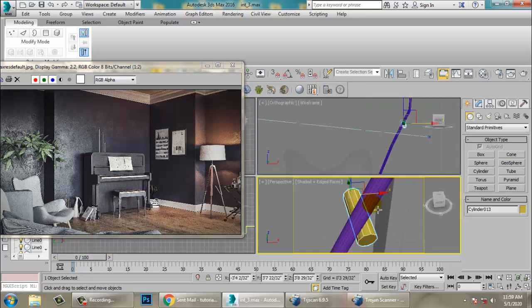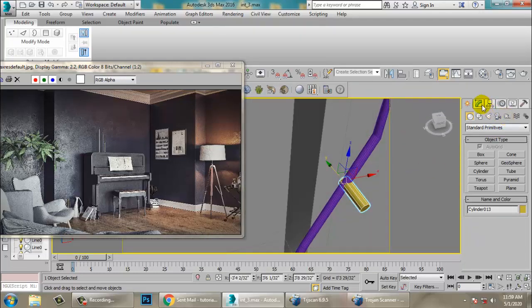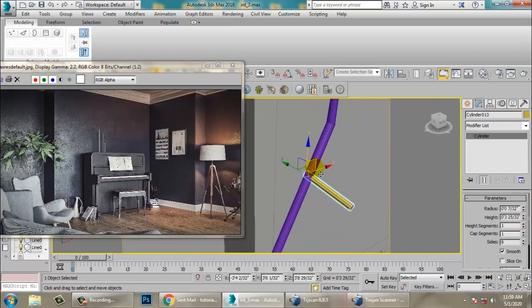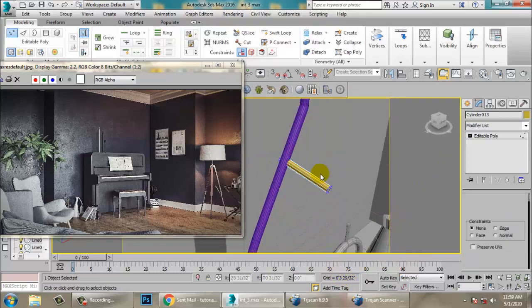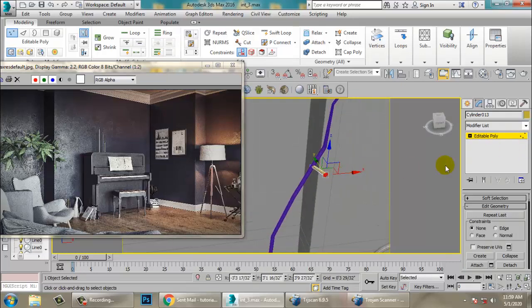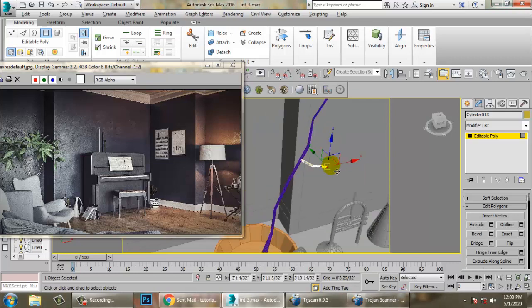Definitely it's going to take a bit of time. Just reduce its radius, and you can increase its height if you want. Convert to poly. Let's go to the polygons and push it up. Select this again, extrude it and push this on one side, or push it up, or wherever you want to push this.